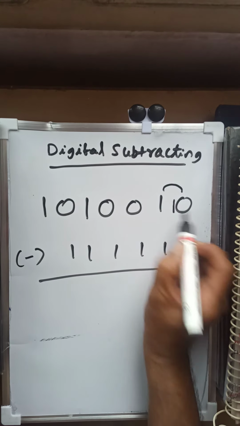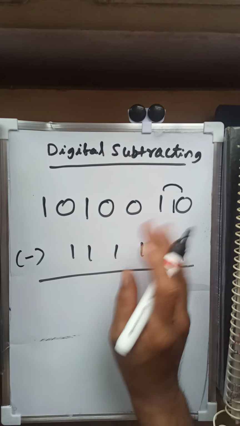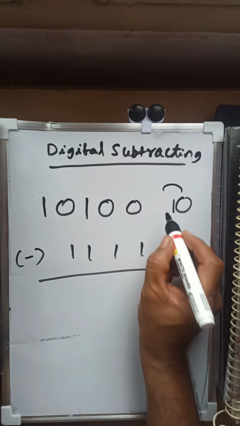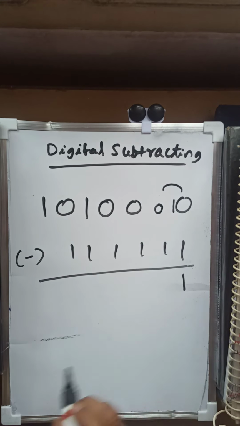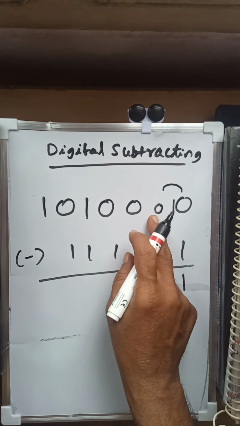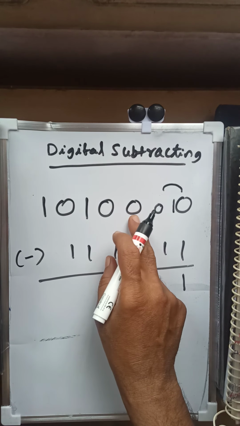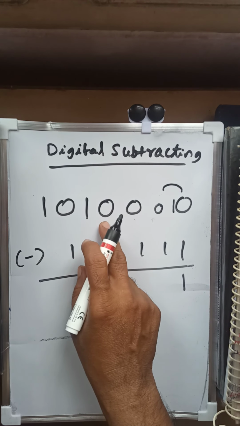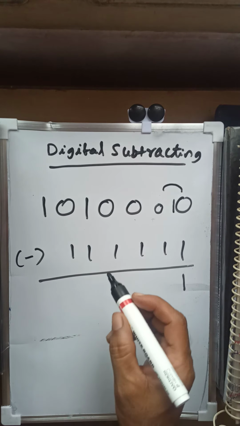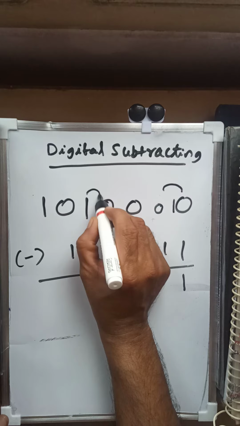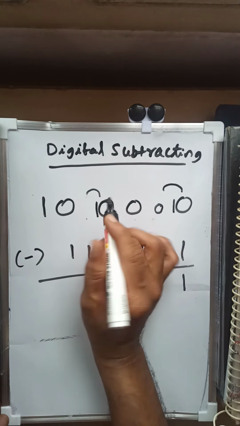We borrow from the successive number, and after giving the borrow, it becomes 0. Then this becomes 2. 2 minus 1 is 1. And again, since this becomes 0, it has to take the borrow from the next digit. It cannot take from the 0, so it can only give the borrow to the consequent number. Once it supplied the borrow to this, this becomes 0.